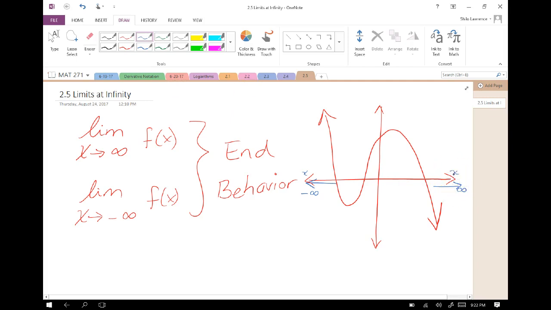And remember, the answer to a limit is what the y value appears to be doing. So what we're asking when we ask the limit as x approaches either positive infinity or negative infinity is, what is the graph doing all the way on the right-hand side or all the way on the left-hand side? In this particular graph, and what most polynomials do, is the y value also goes off to positive or negative infinity. And that's something you might remember from algebra class